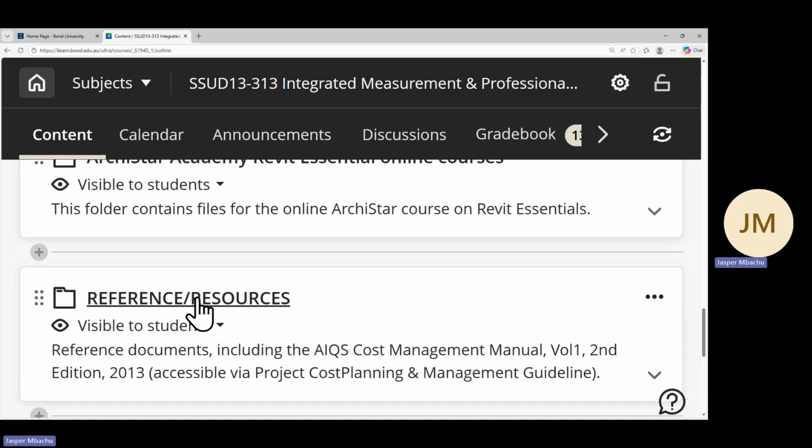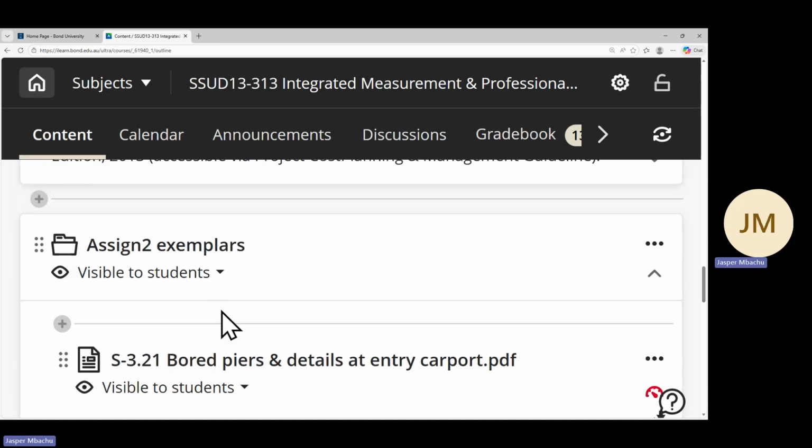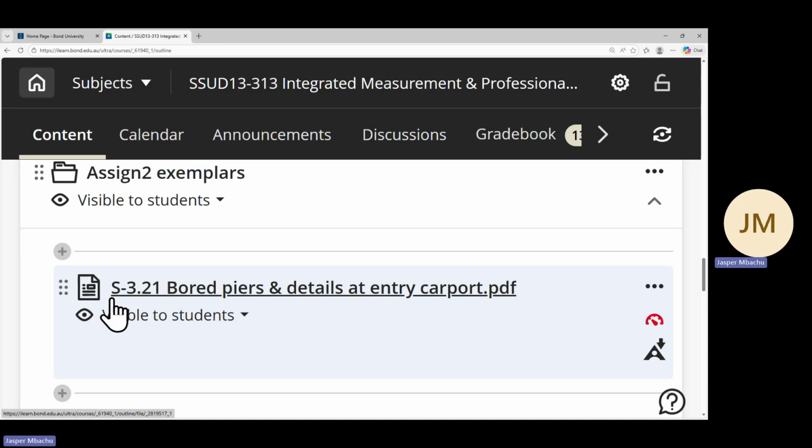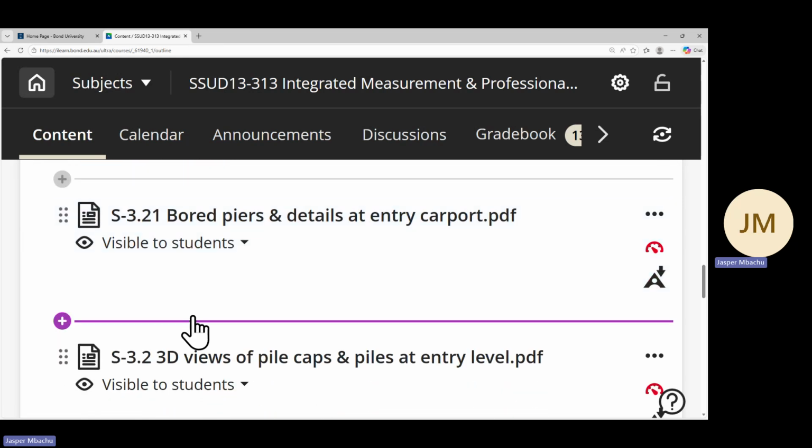It is below the reference resources folder. So this provides all the documentation that we need for these assignments, whereby if you're able to complete them, you should be proud of yourself